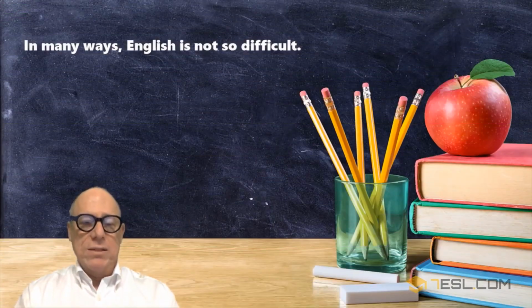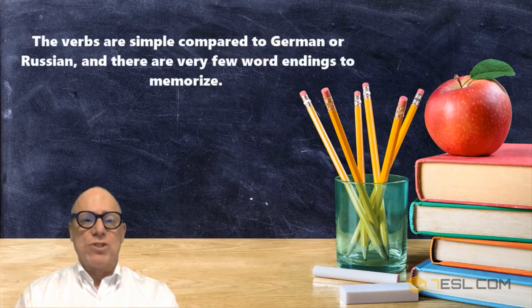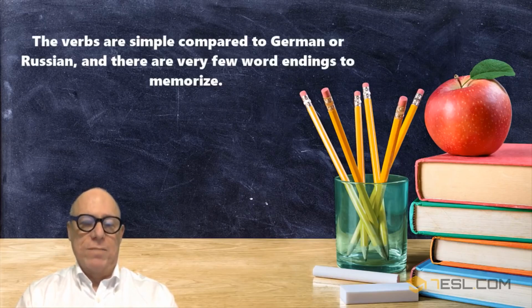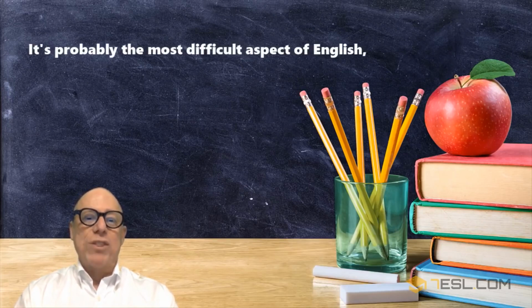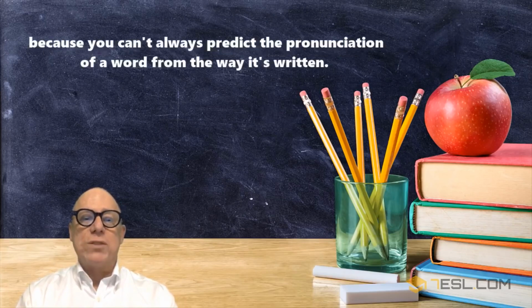In many ways, English is not so difficult. The verbs are simple compared to German or Russian, and there are very few word endings to memorize. But pronunciation, that's a different story. It's probably the most difficult aspect of English because you can't always predict the pronunciation of a word from the